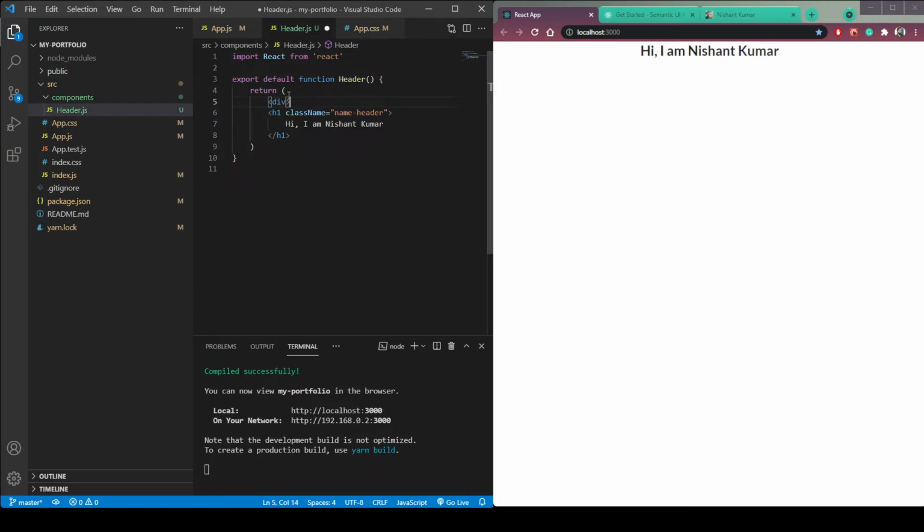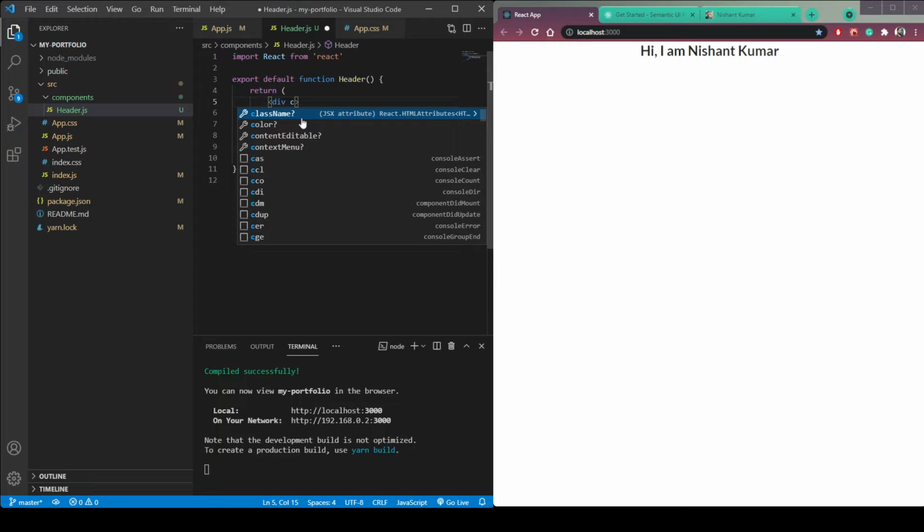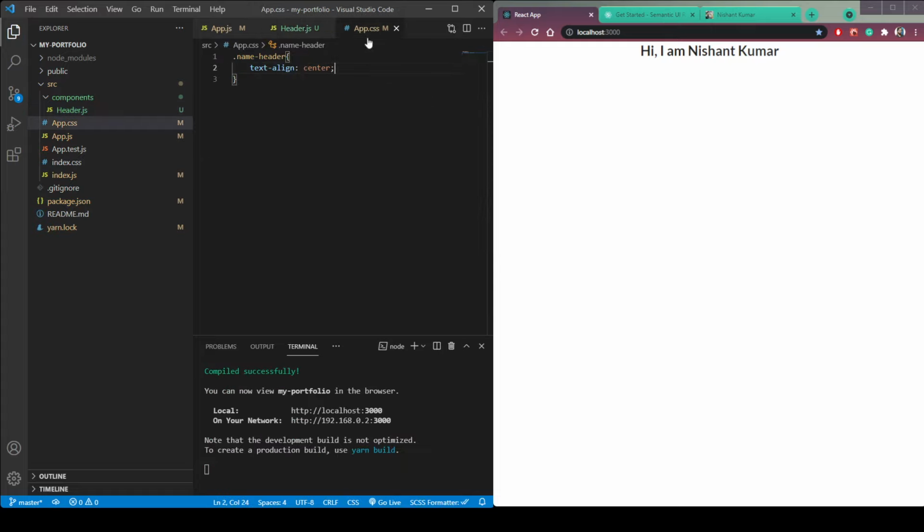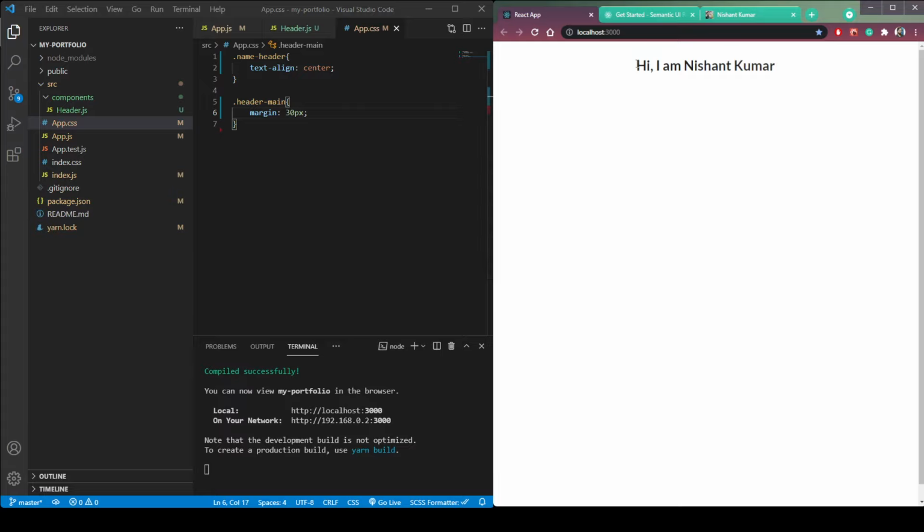So give it a div and here this will be a class name of header-main. Margin 30px. Now we can see it is at the margin from the top, left, bottom and right with 30px.